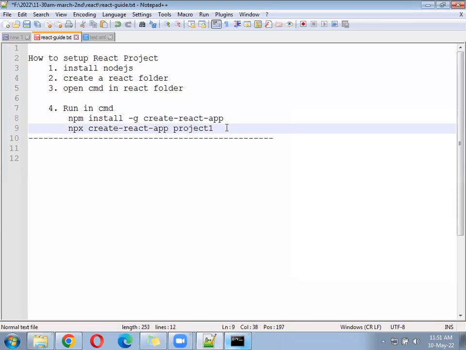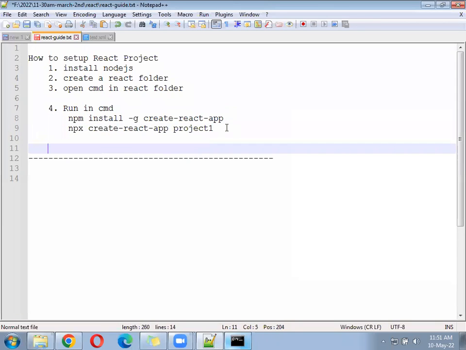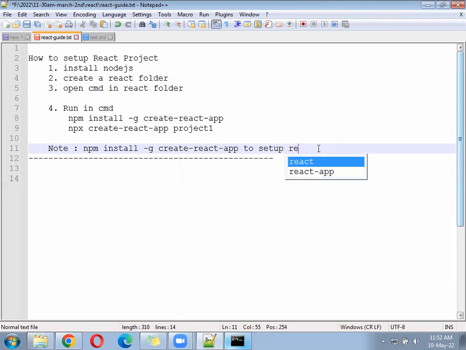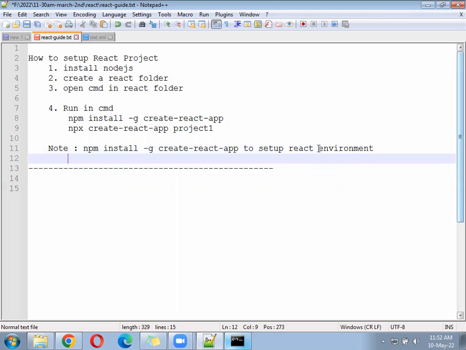Note, the first command. This is for what purpose? This is to set up the React environment. Second one,